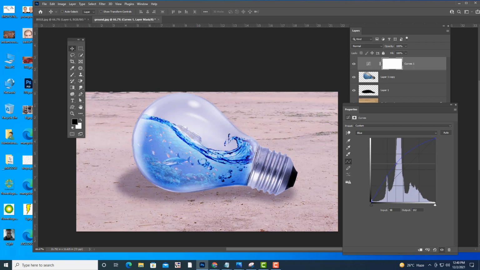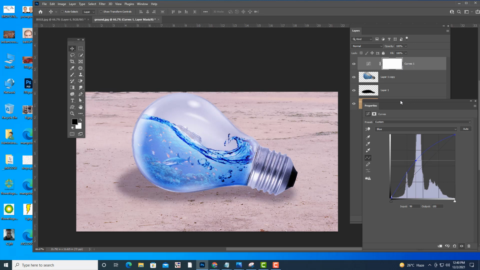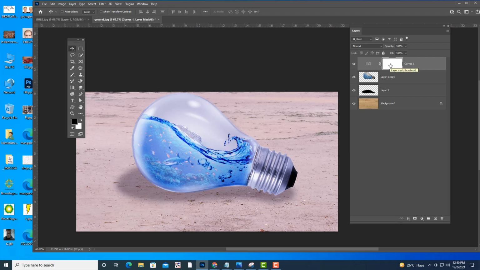Okay, see, we have added a blue color now, but blue color is applied to the entire image. So what you can do is inverse it by selecting the thumbnail and clicking Ctrl I. And then you can just take a brush, a soft tone brush, and I think what happened to the brush.